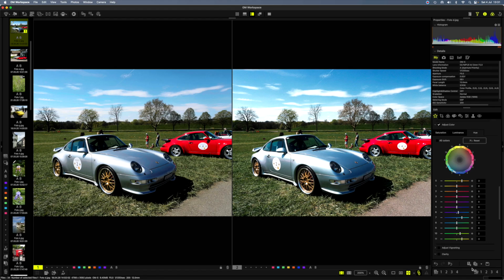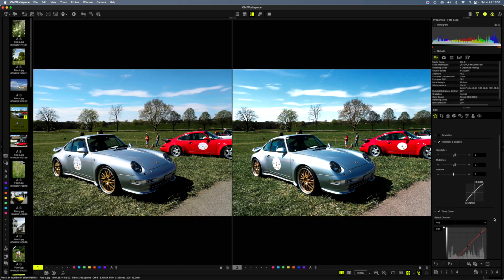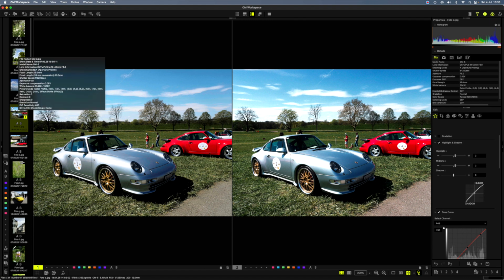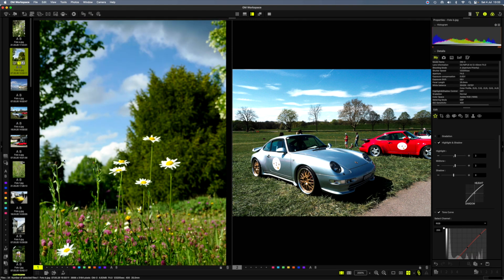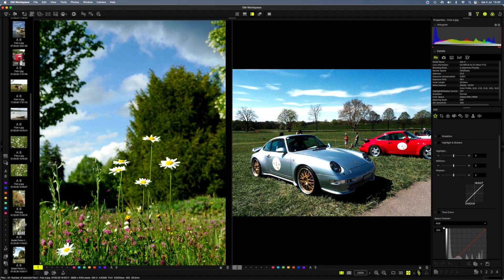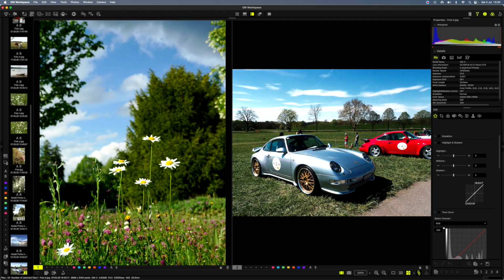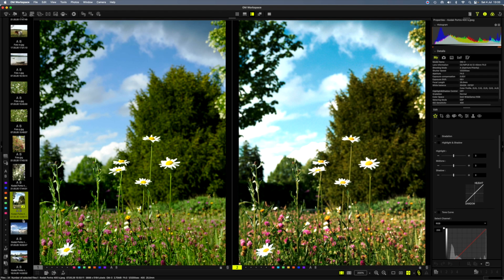So I've done one this morning. You know that here we can save our profiles. So let's say we've created our profile here now. Then what we can do is we can test it on some of the other images. Let's go to this example here, and we look at the Kodak profile of that one, and we then apply the profile here. And this would be very interesting to see.